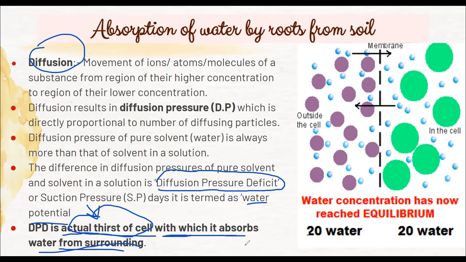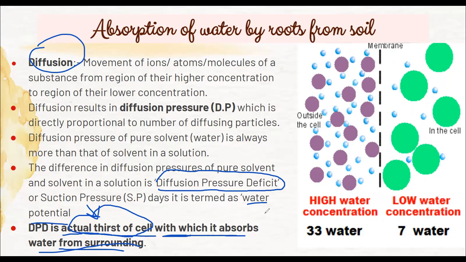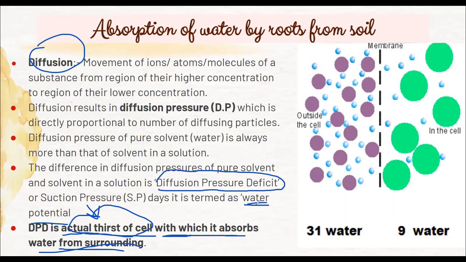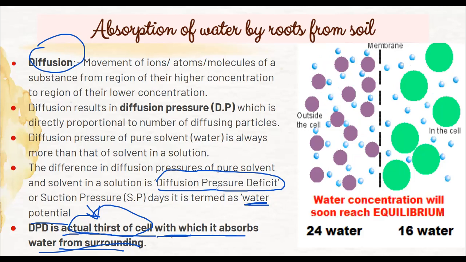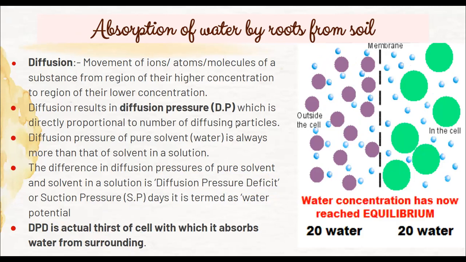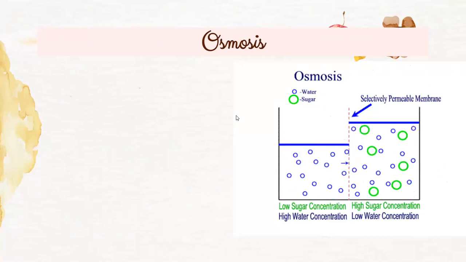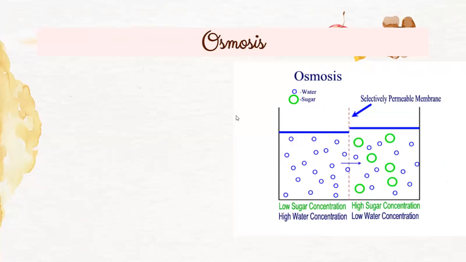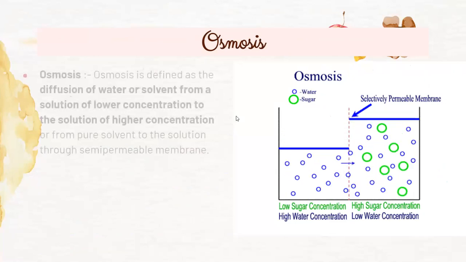Simple. It's not like humans. Humans, though we are sometimes full, still keep on eating, and then we fall sick due to overeating also. But naturally, other organisms like plants and animals only take up according to their need. Then we move to the next process through which water can be taken up,